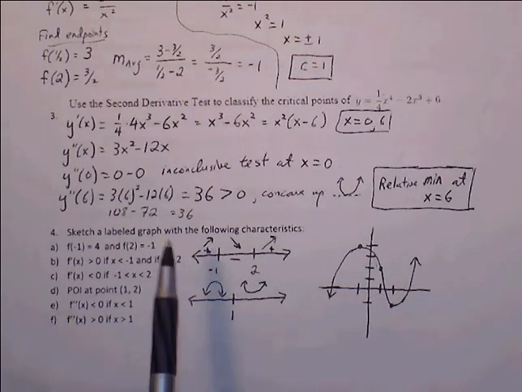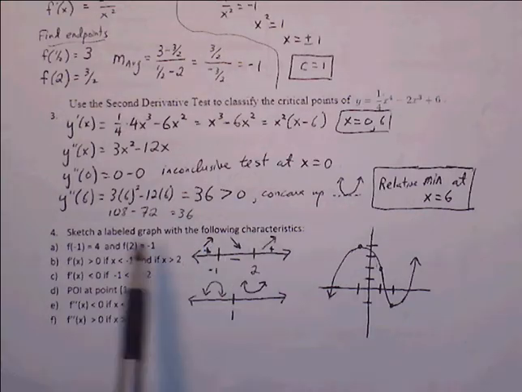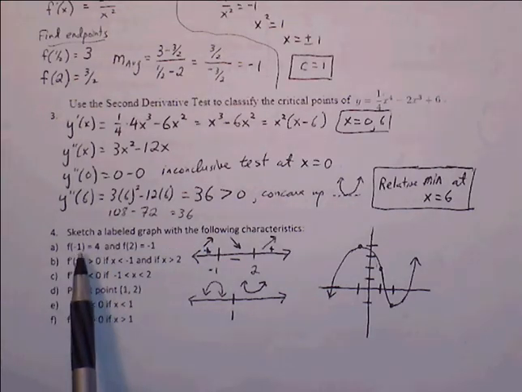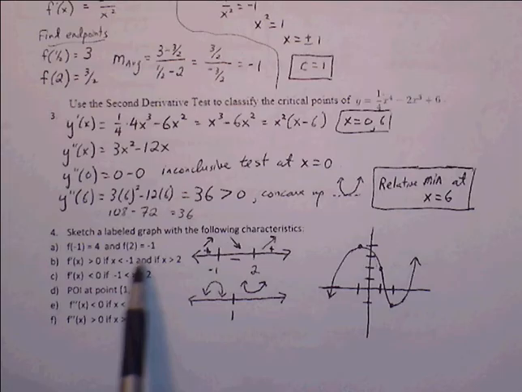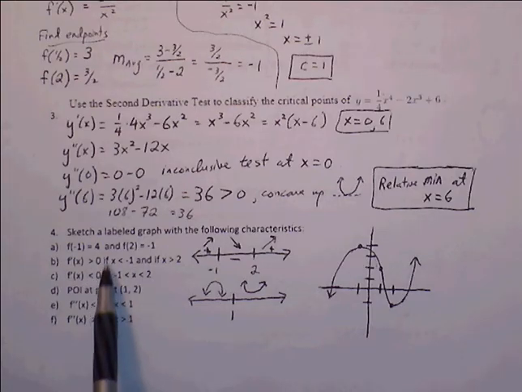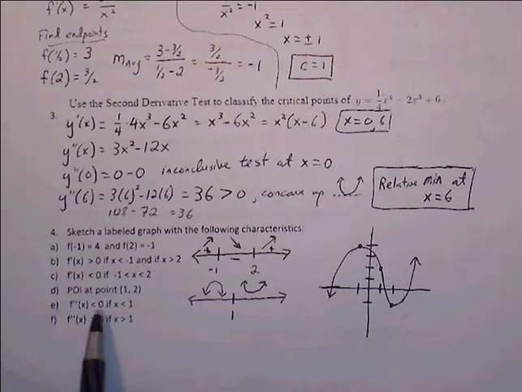All right, number 4, sketch a labeled graph with the following characteristics. f of negative 1 equals 4, f of 2 equals negative 1. And we have these characteristics telling us information about the slope and concavity. So from the slope